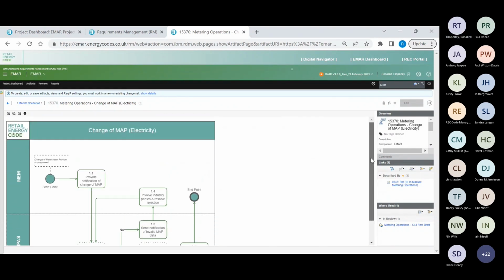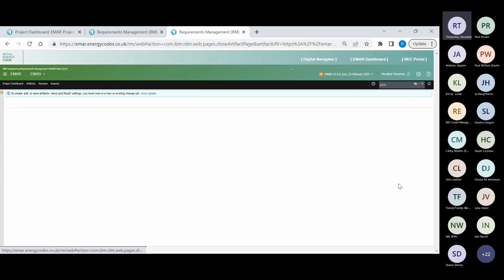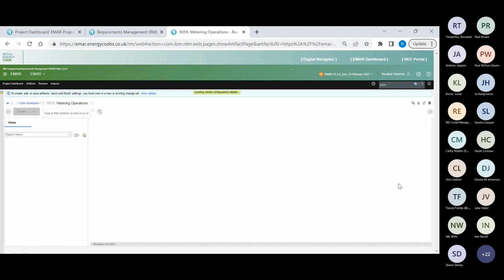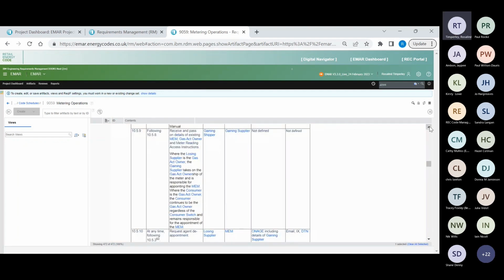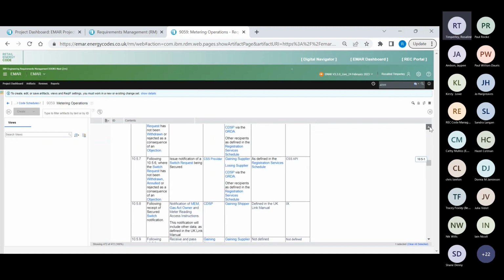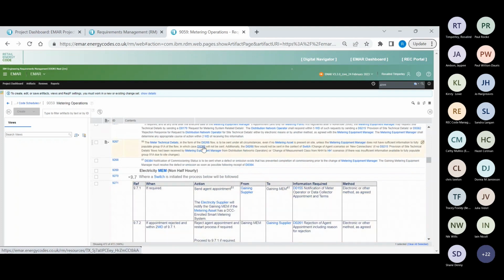So this is a way of looking at the processes at a bit more of a high level. It doesn't contain the same level of detail as the schedules themselves, but it makes it slightly easier to digest. And then you can view the schedule if you follow this link on the right-hand side here. And that will take me to the table in the schedule itself. I'm sorry, I've jumped away from it there, haven't I? Okay. So if I go back to the dashboard,